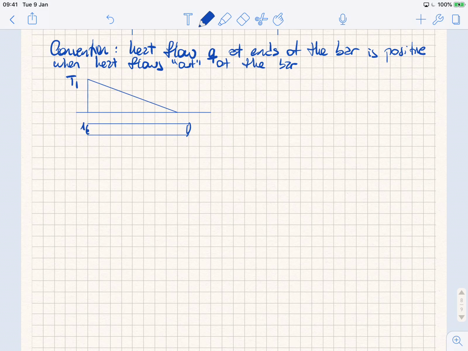So this is my point 1. And this is my point 2. So Q1 is going to be minus A1, okay. A in this case is the area. T1 divided by L, that is the length of the bar. And Q2